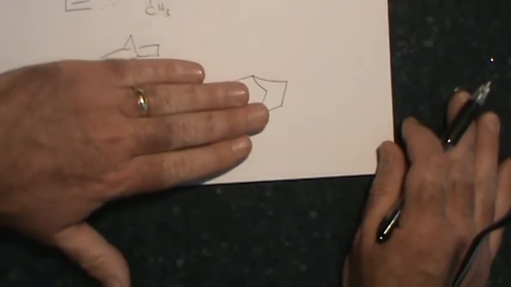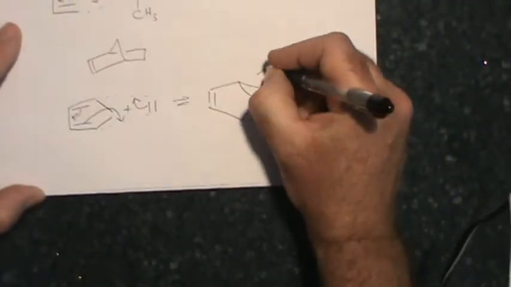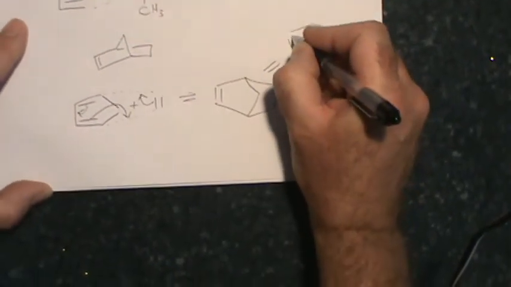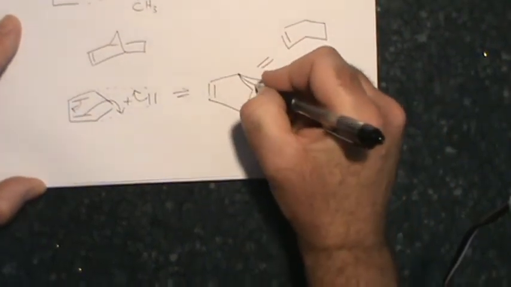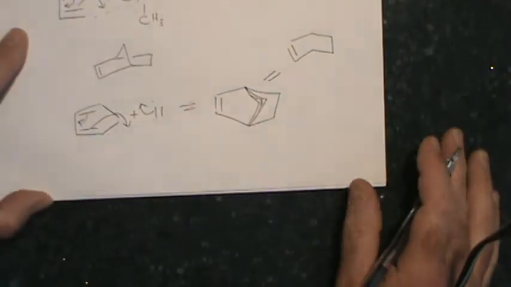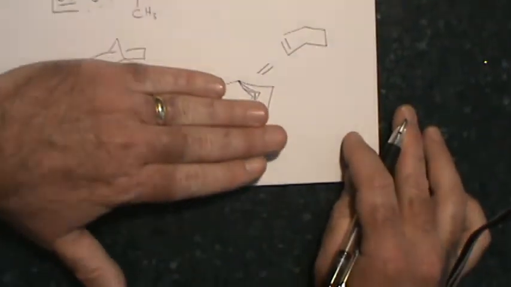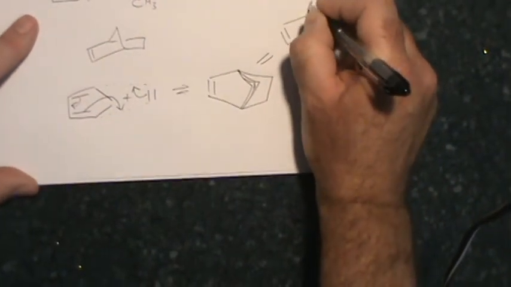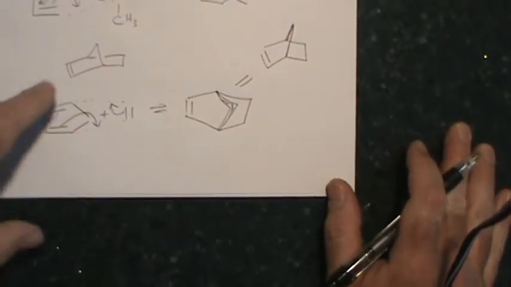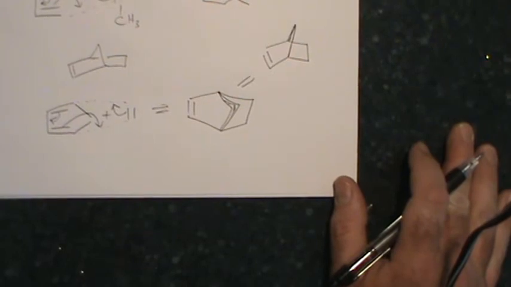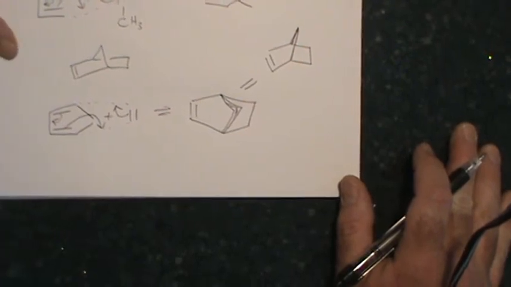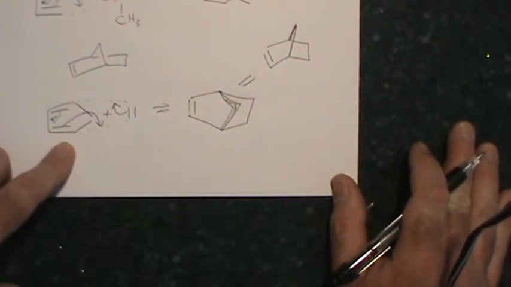So if I just take this structure and turn it on its side, what do I have? From a side view, the six-membered ring would look like this, and this little piece here, which must be coming either out of the plane of the paper or back behind the plane of the paper. I'm going to have it coming out of the plane of the paper. When I turn it on its side, it would simply be this piece right here. And so just as I said, that's the exact molecule we talked about earlier. So we can use the Diels-Alder cycloaddition to make bridged bicyclics, provided that we have a diene which is in